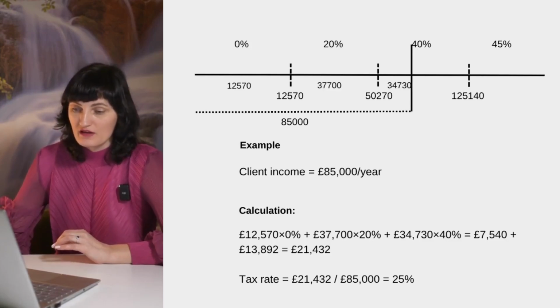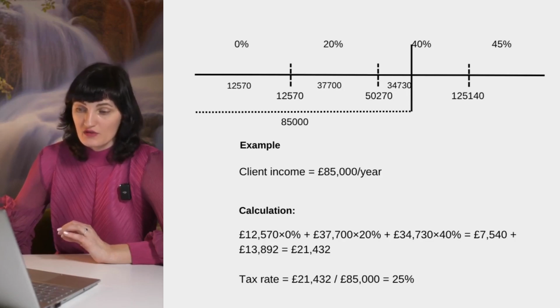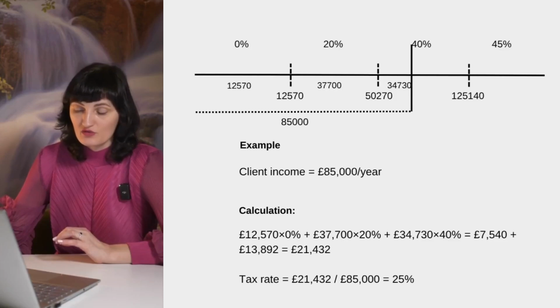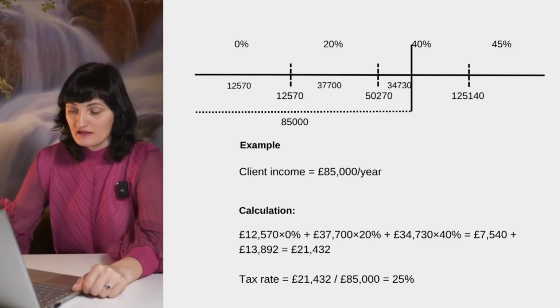The first 12,570 will be taxed at a 0% rate. The next 37,700 will be taxed at a rate of 20%. Then, 85,000 minus all these amounts we've already accounted for in the tax calculation leaves us with 34,730. We tax this amount at 40%